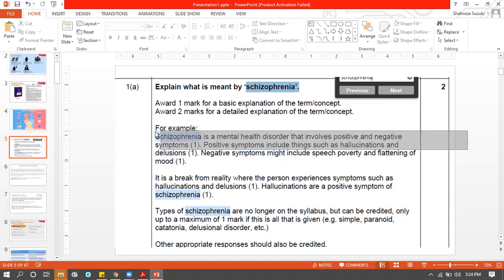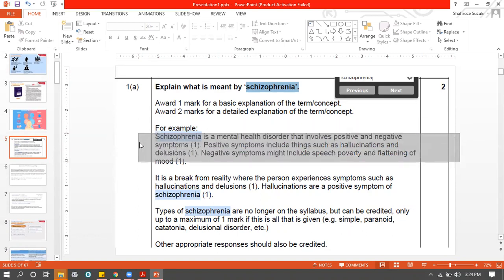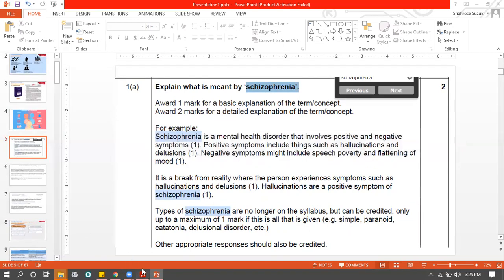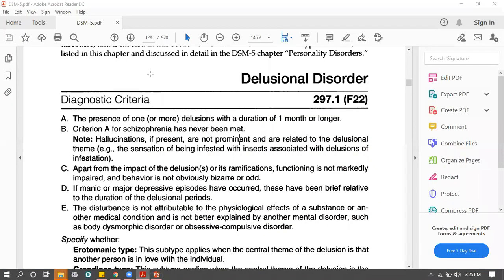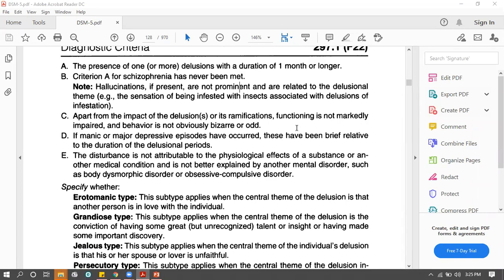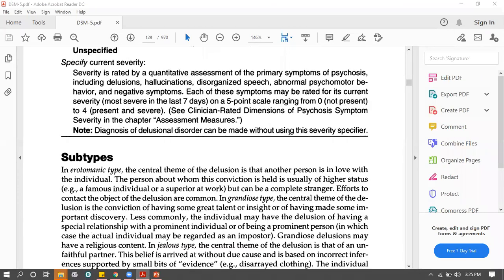They said positive symptoms, they had said negative symptoms. They did not write the 6 month time frame, but you can, and even if you do, that's not wrong because 6 month time frame is a legitimate answer. So even if you don't write what is written here as it is, you write positive symptoms and 6 month time frame, you're gonna still get the marks because whatever you write according to DSM criteria is valid. So I said that when you study DSM criteria, right,